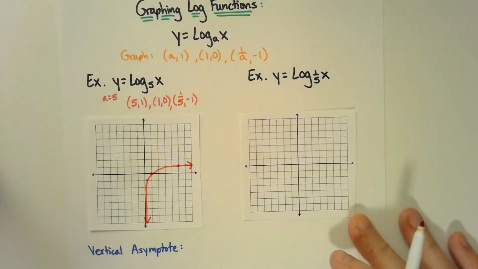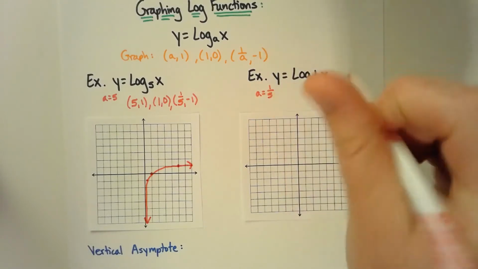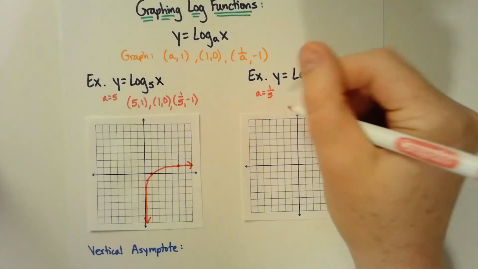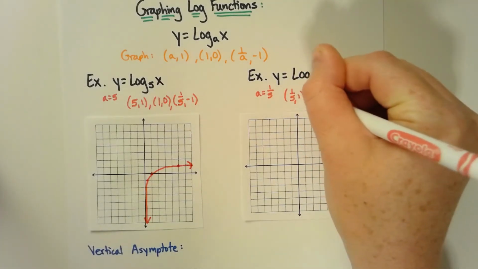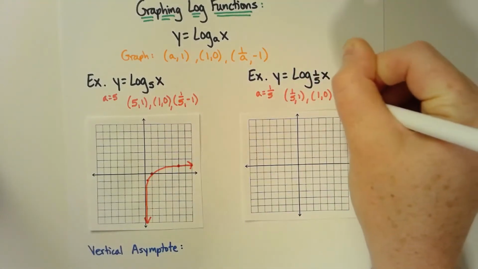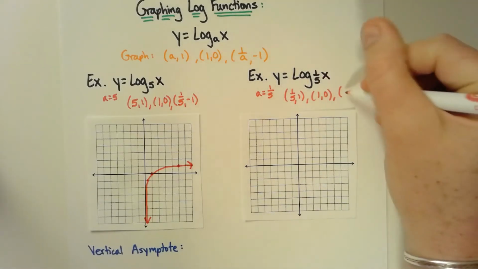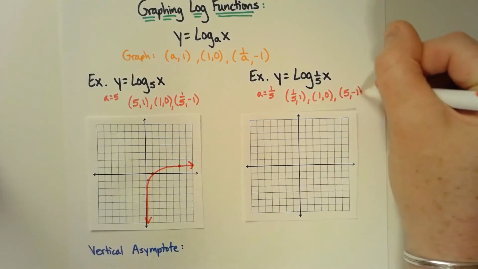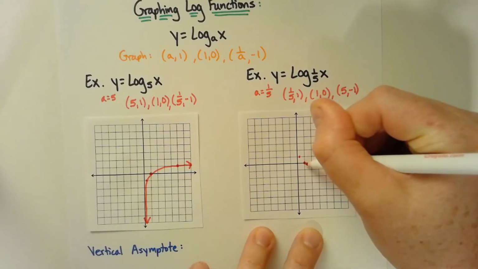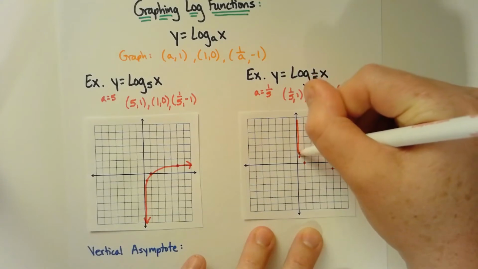Let's look at this other example. So what if I have 1/5 as my base? So in that case, a is 1/5. So I still graph these three basic points that I can easily find using my base. So I'm going to graph the point (1/5, 1). I'm going to graph (1, 0). And then I'm going to graph 1 over a, so that's the reciprocal of this, which would be (5, -1). So if I go to (1/5, 1), (1, 0), and then (5, -1), it looks about like that, and then I draw my graph